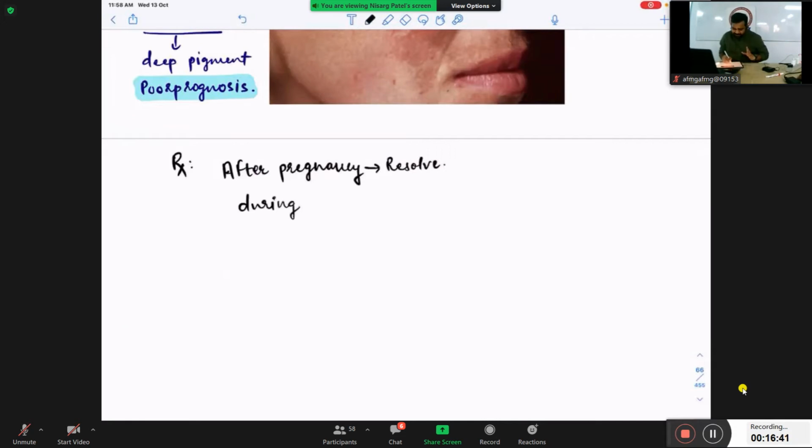You will tell your patient, don't worry, after pregnancy this lesion will get lighter, and during the pregnancy, what you can advise,